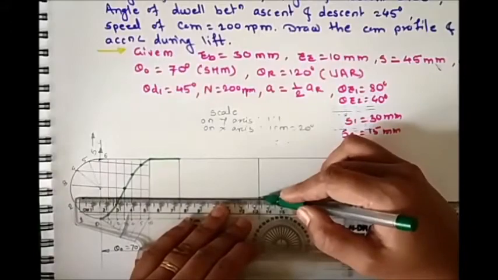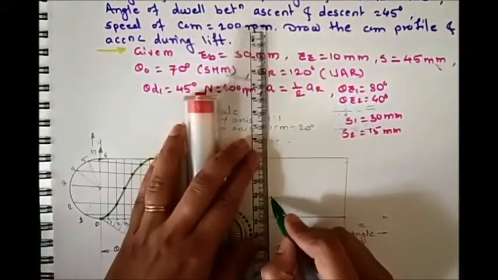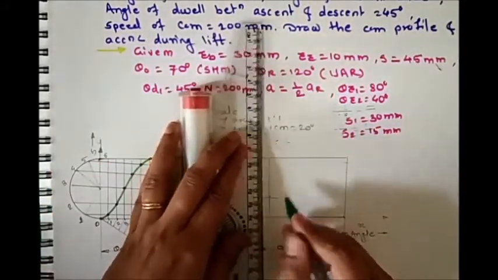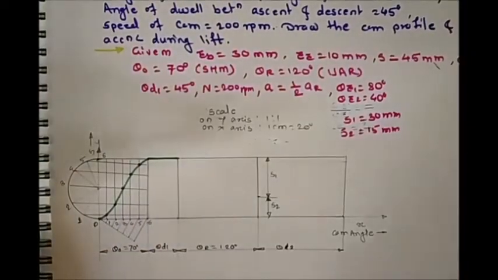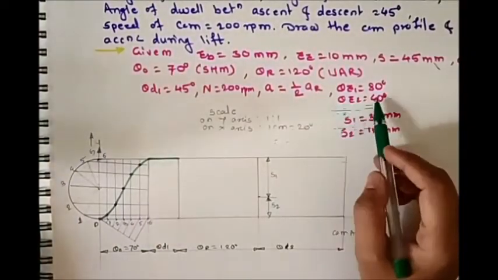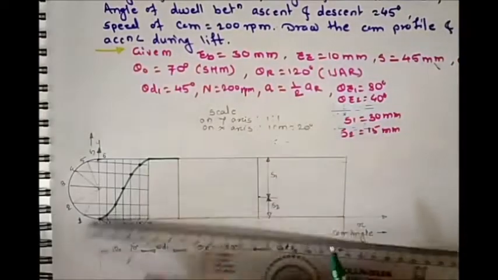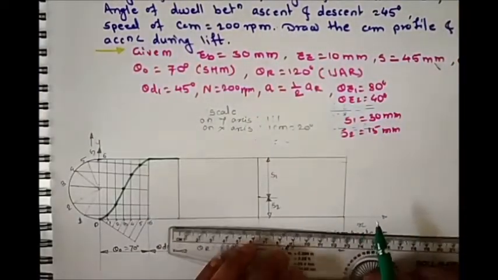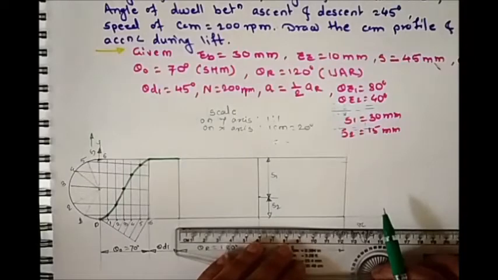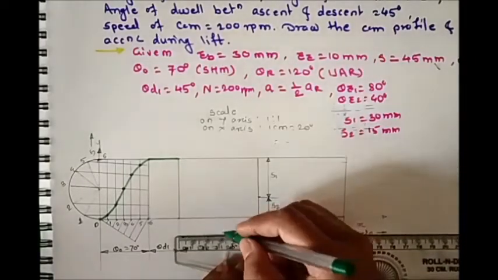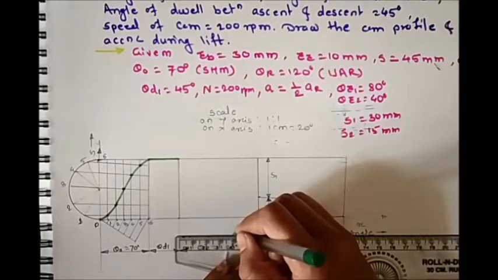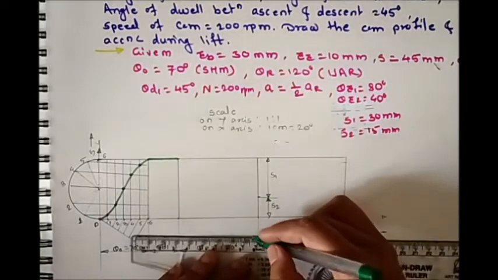Remaining is the stroke length during the deceleration. Similarly, we have the outstroke angle theta r1, return stroke angle theta r1 and theta r2. So theta r1 during the acceleration and theta r2 during the deceleration. So first is the 80. So again mark those angles